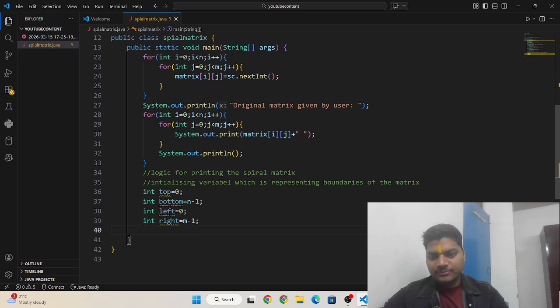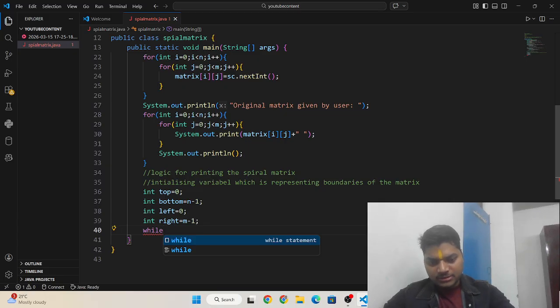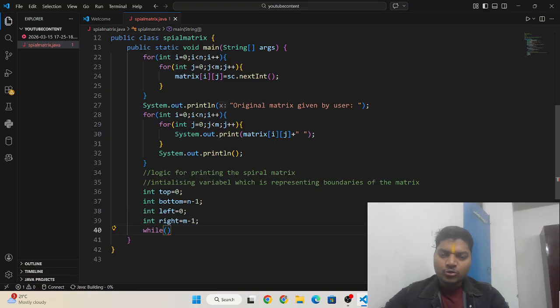After that, this is representing the top row, this is representing the bottom row, this is representing the left column, and this is representing the right column. Okay, m minus 1 is representing the right column, and then I need to write a while loop which will run till completing all rows and columns.